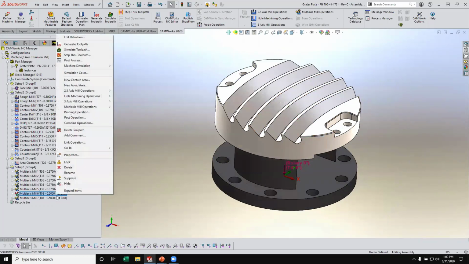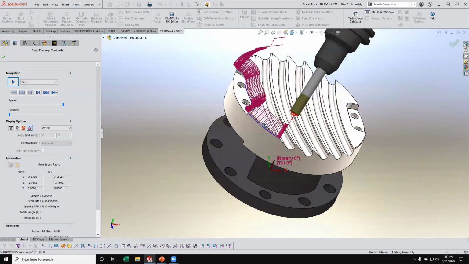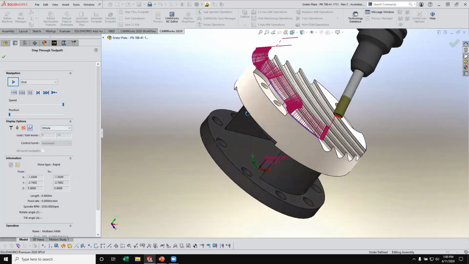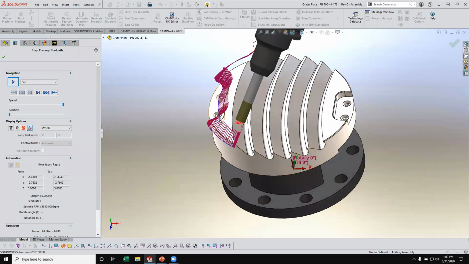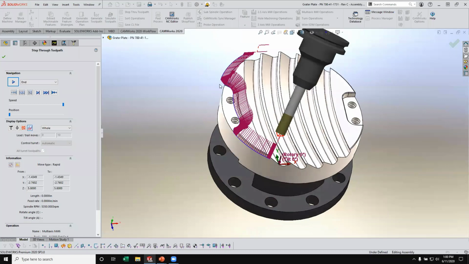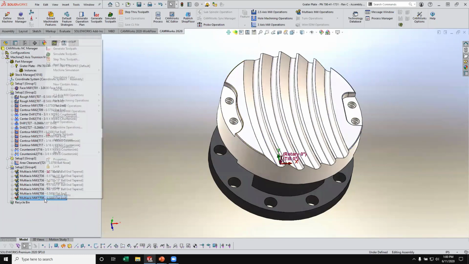One thing I like to do in 5-axis simultaneous is I think the step through is a great tool to kind of see things. You can kind of see the tool and the tool here, and those are the tilt curves, the vectors of the tool. You can turn those on or off. I kind of like checking those so I can envision what that tool is going to be tilting like going around that curve. I think that's one of the neat little hidden tips and tricks there for 5-axis simultaneous